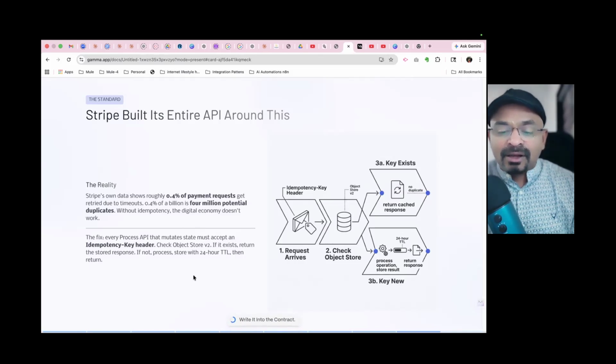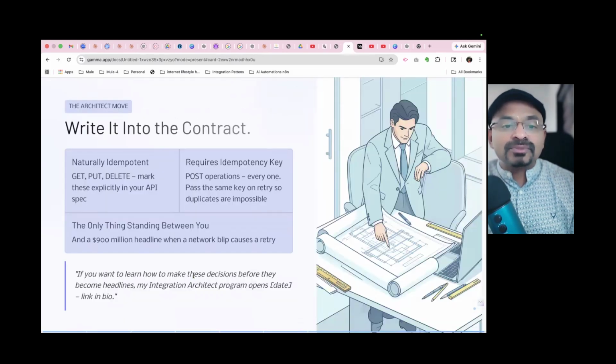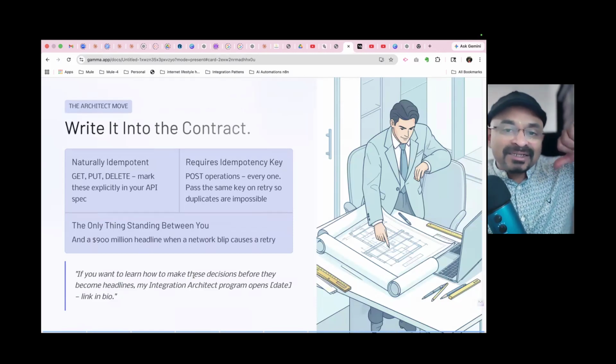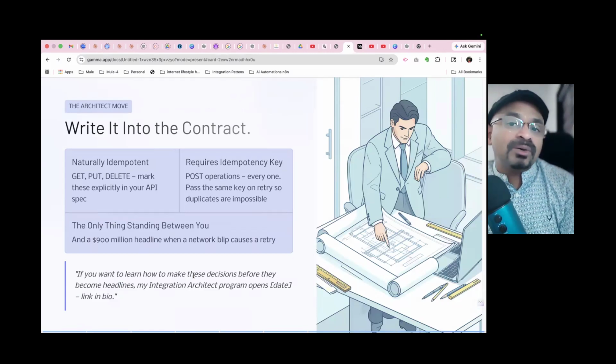Now, there are some methods like GET, PUT, DELETE. Those are safe methods, meaning if we execute those methods 100 times, nothing will change on the server side, right? Whereas with the POST method, you need to take care of idempotency. If you execute the POST method multiple times, there is an impact on the server side, right?